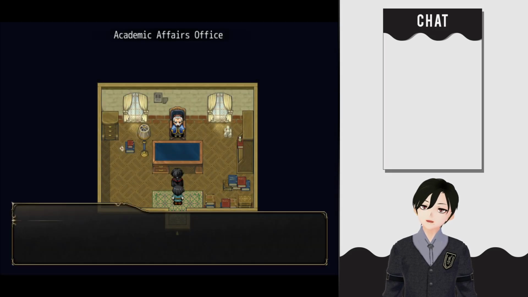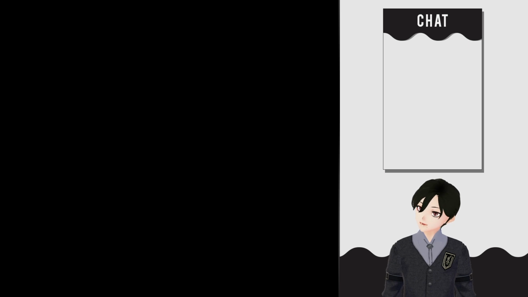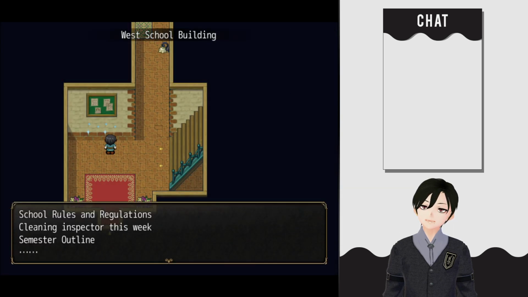it's happened. Oh, hello. I have something to talk with this student. It might take a while. Come again sometime, some other time. Wee Young is talking to the dean. I wonder if Wee Young is a villain. Kind of looks like one, but you shouldn't judge